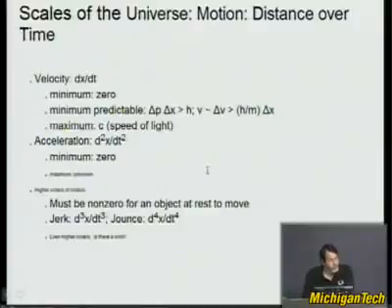Be zero. Or would it be? Turns out that even the concept of zero speed is somewhat controversial in physics because of the uncertainty principle, which we will cover in detail later in this course. So if you have delta p, which is the change in momentum, times delta x greater than or equal to, yes, there could be a 2 pi in there somewhere, but you get the idea, h, which is Planck's constant, some constant, then it turns out that if you know the location of a particle, at least a little